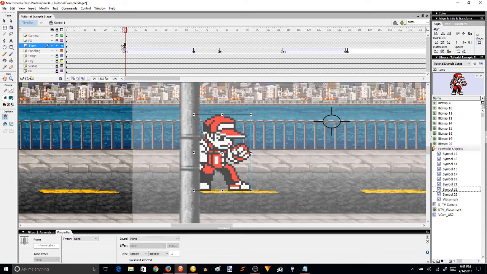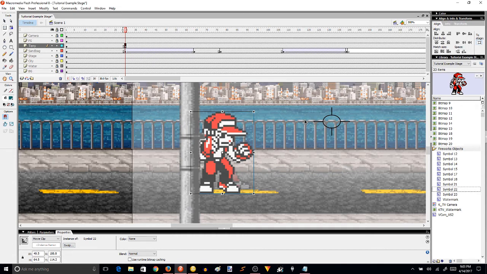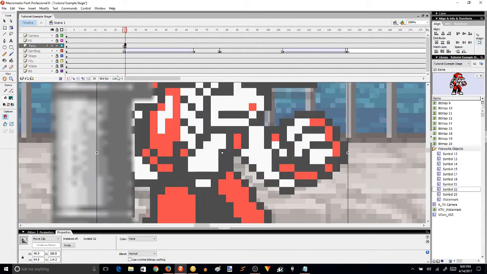So what I like to do, I don't remember if I covered it in the last video or not, but when it comes to sprites, I like to click on the sprite, and then go to swap, and go to the sprite that you want to swap it to. So this will pretty much keep it the same size that I scaled it to. So I'll zoom in, and since I have my onion skin on, I can kind of see the shadow